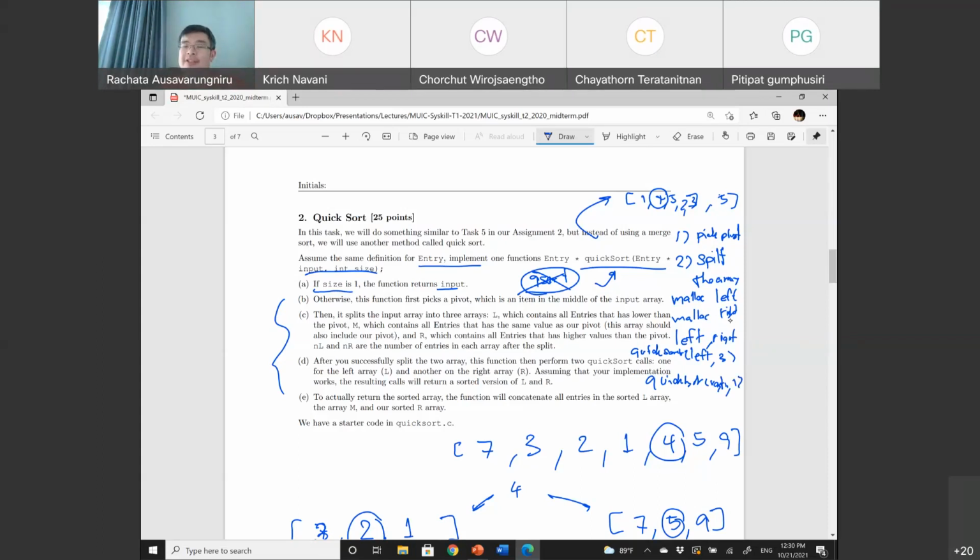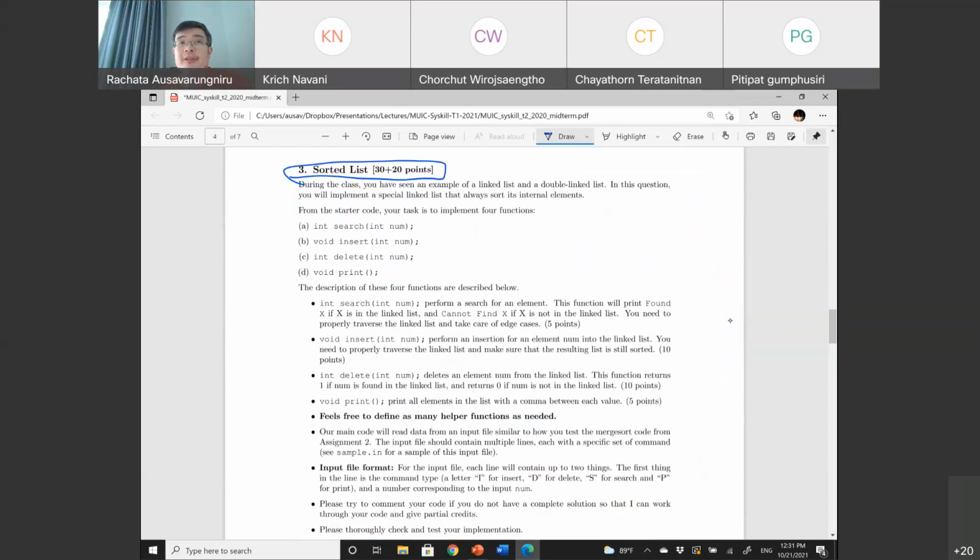And again, this semester, I'm probably not going to just give you these big tasks if we haven't broken them down for you. So it's more like one step at a time, and think about what we learned so far about the data structure. Any questions about this problem? Otherwise, I'm going to skip this question because this is on your assignment too. We can talk about this during the Q&A afterward.